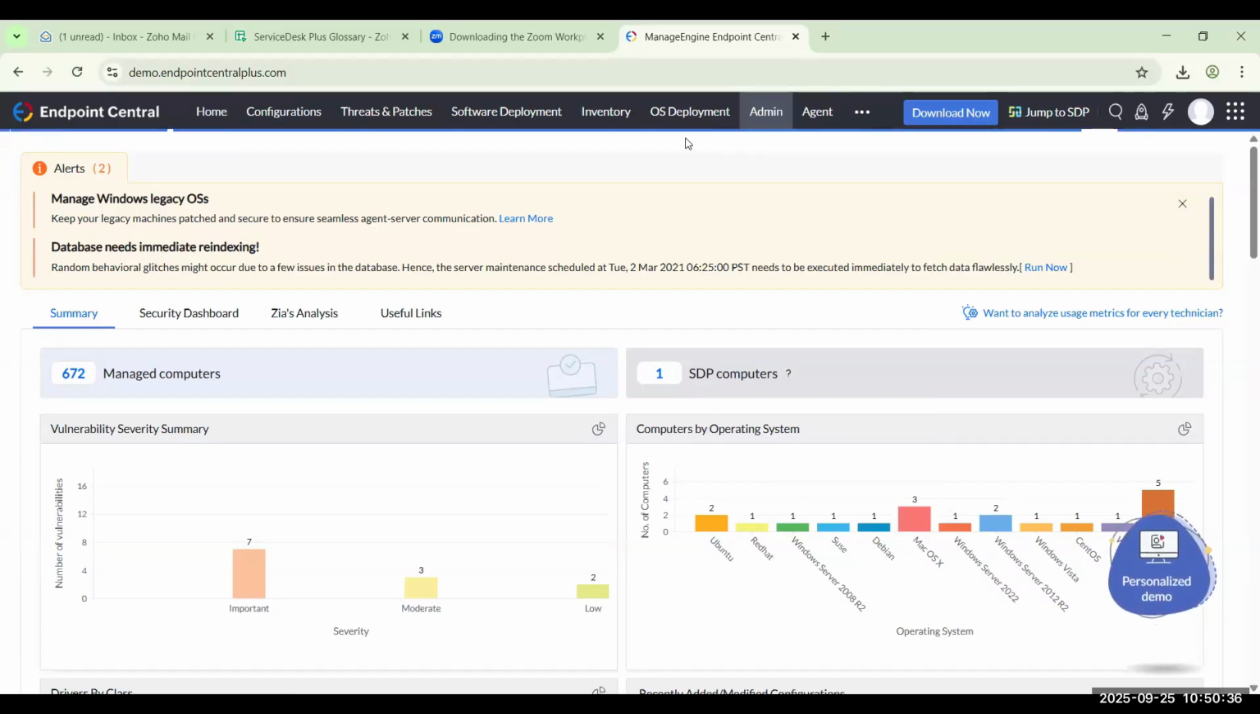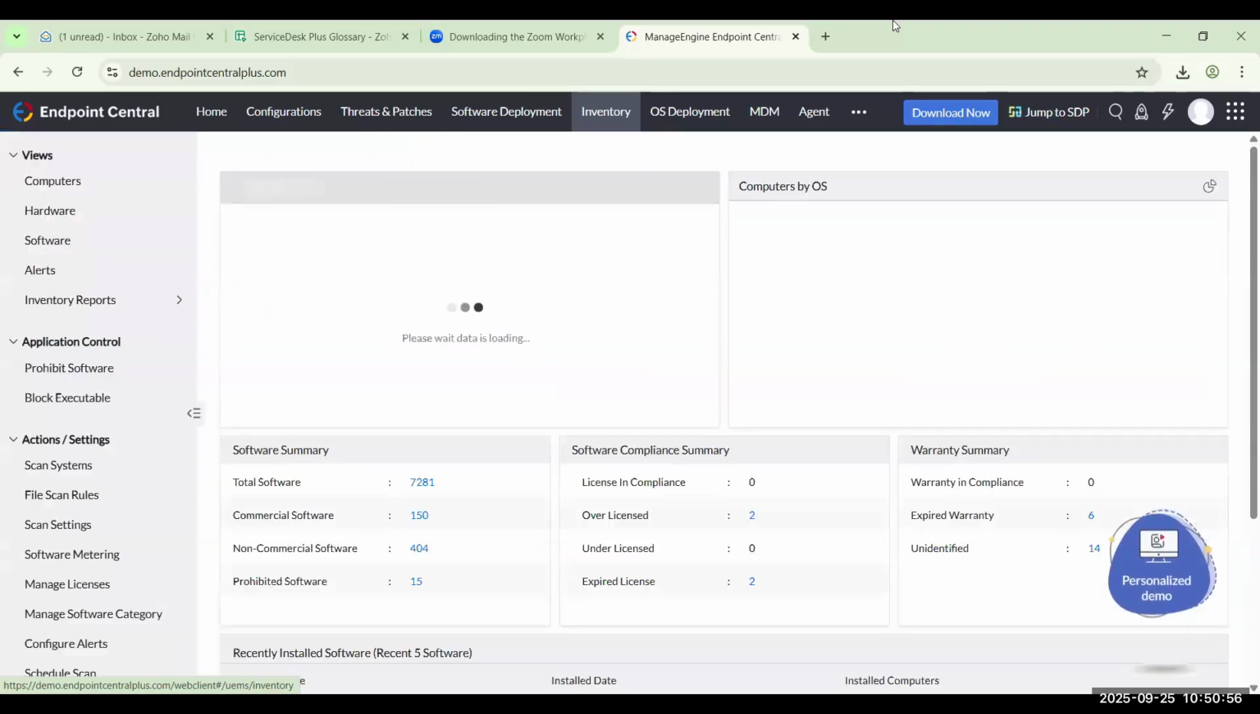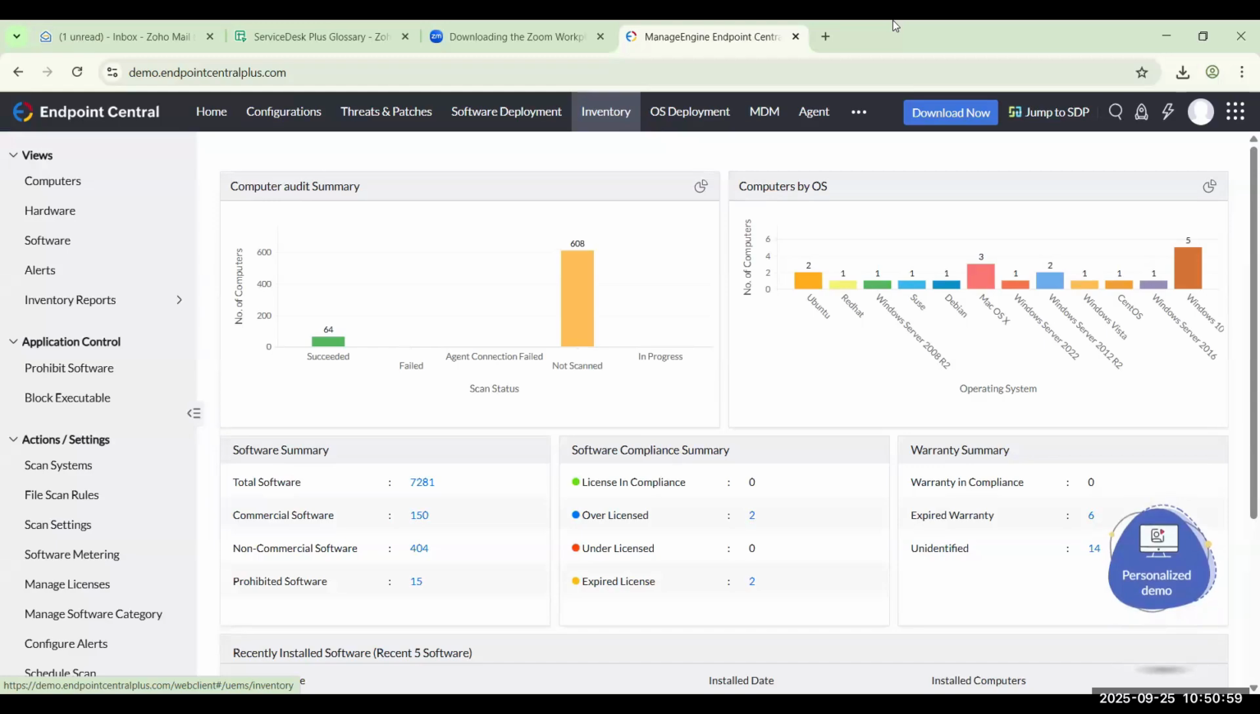Let's start with the inventory. Endpoint Central can act as an asset manager for your endpoints. So when you come to your inventory,